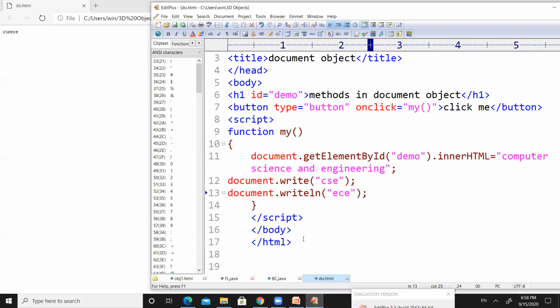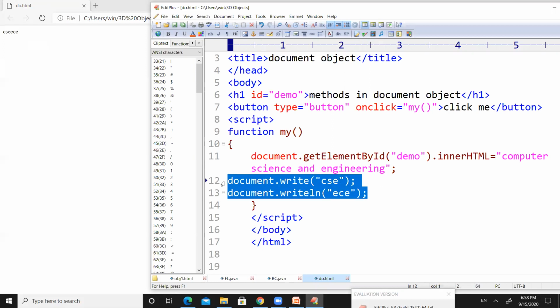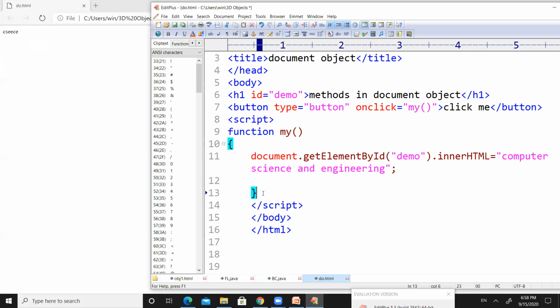So let us look at how this button click will behave. Sorry, one second. The computer science and engineering has been replaced with this button click here. So let us cut these two statements and paste them here.